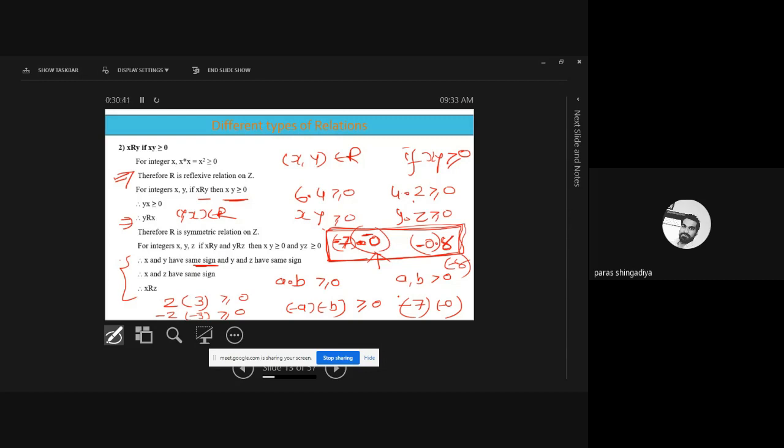Transitivity, which is the main condition, should be satisfied. For the transitive relation, b should be the same when we consider ab and bc. What is the transitive relation? ab belongs to R and bc belongs to R. b should be the same. You cannot change the b. એકમાં પ્લસ અને એકમાં નેગેટિવ લો, that is not valid.